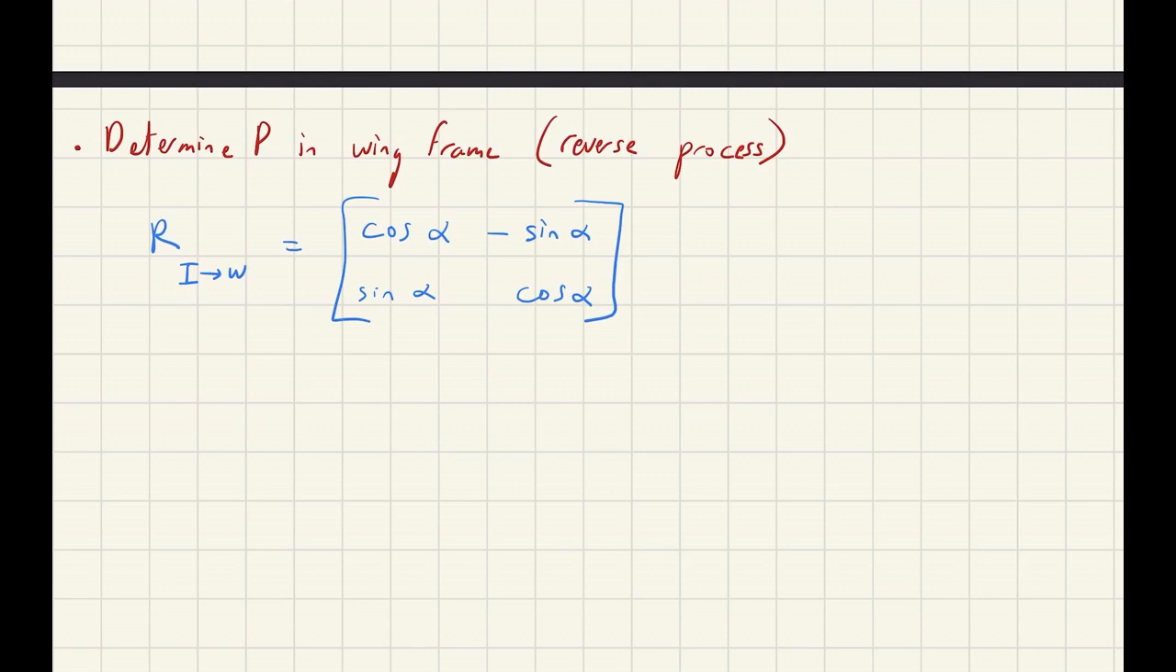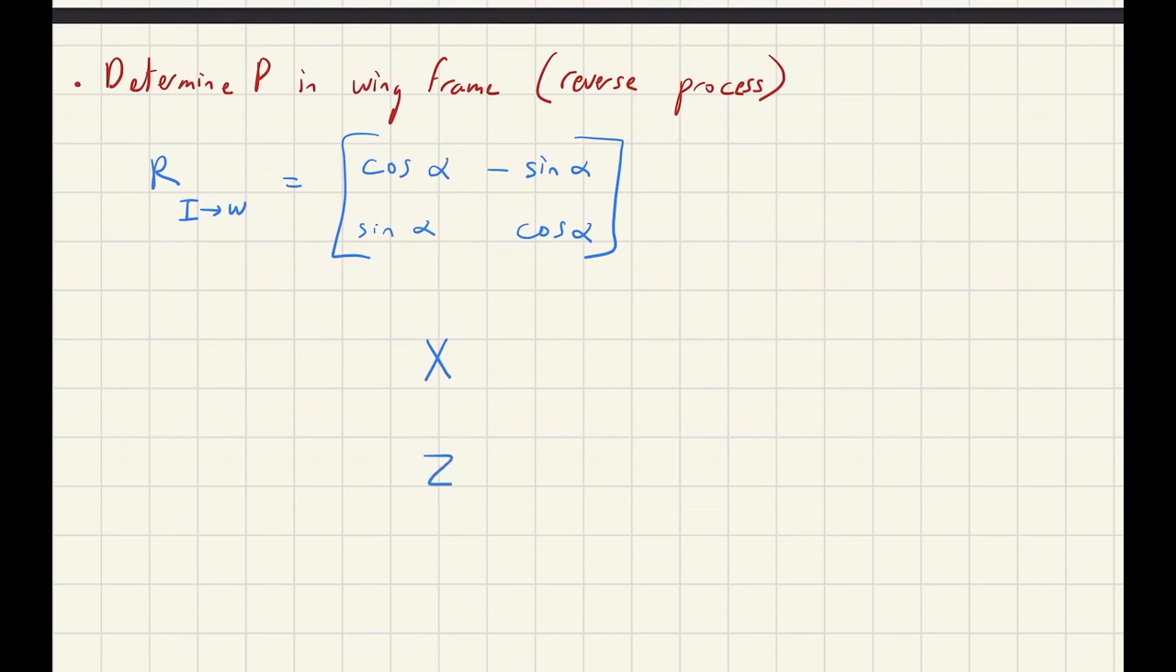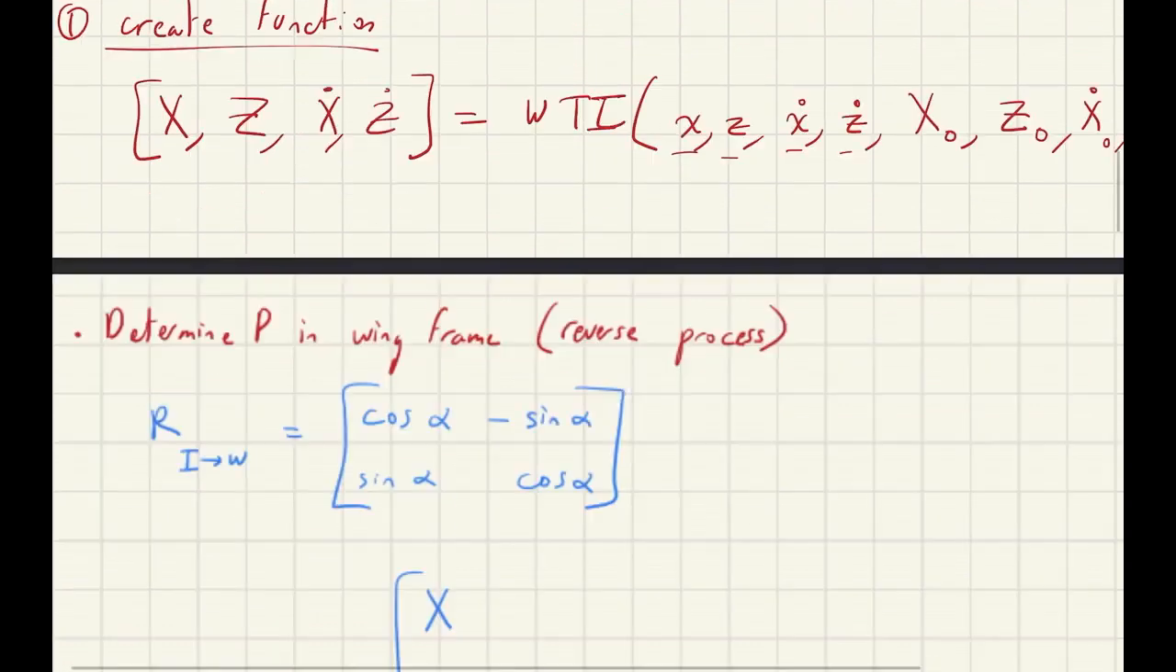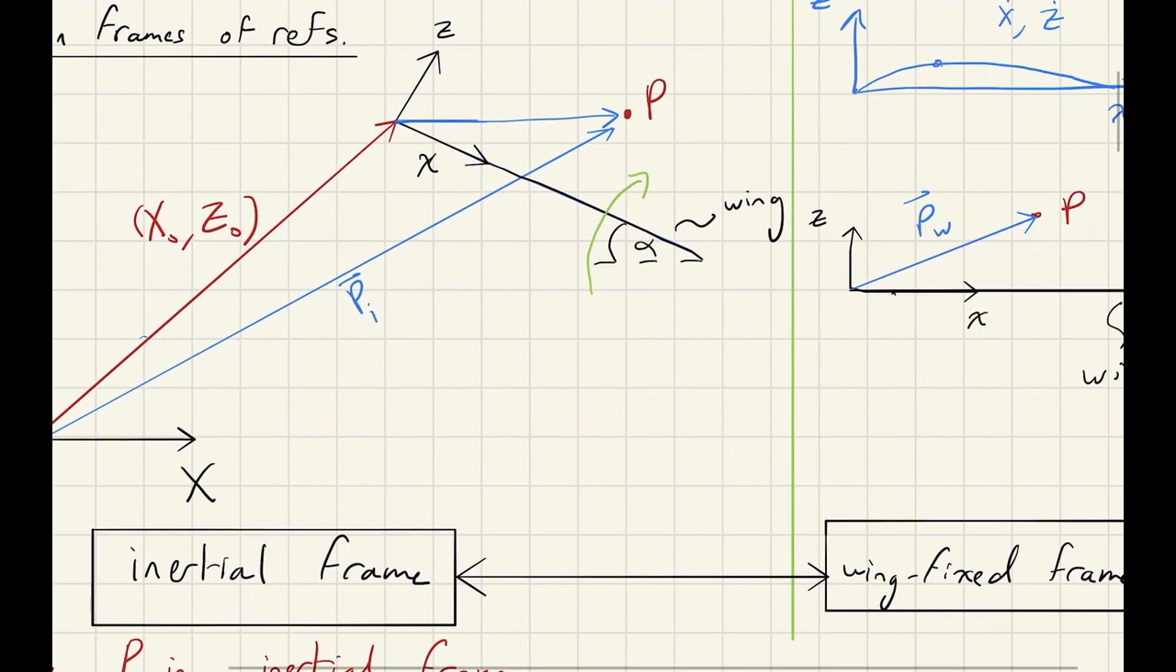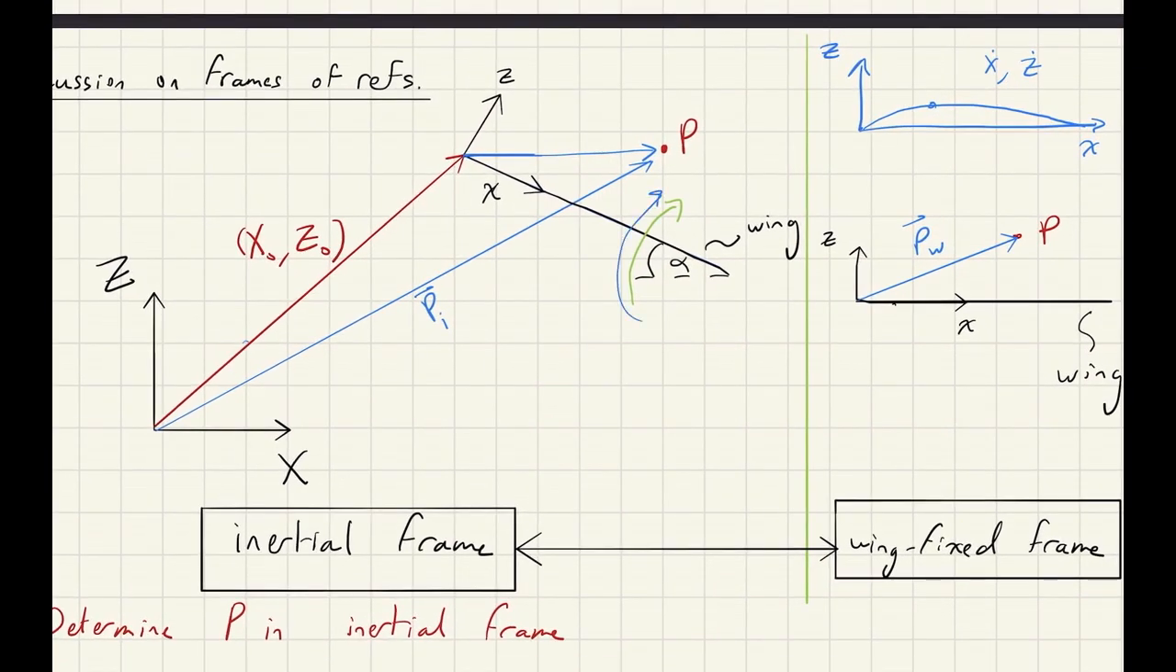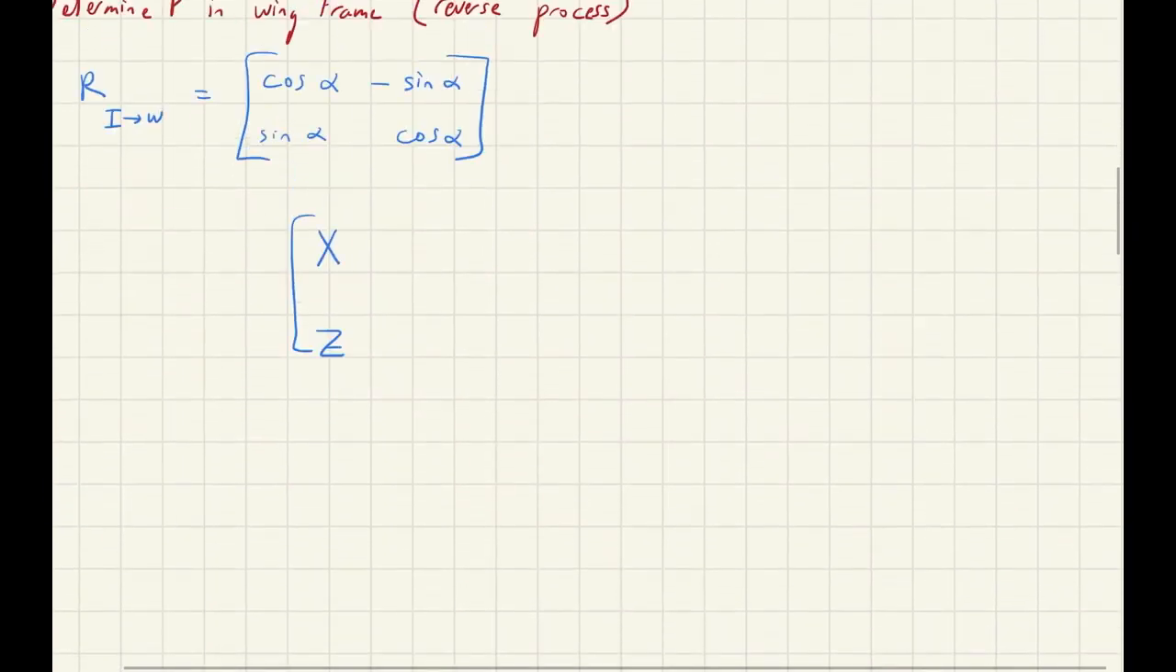Essentially, again, we are going to do the reverse process. So we're going to have this big X, Z vector. First thing, remember, we rotated and then we added this vector to get from the wing fixed frame to the inertial frame. So now we're going to take this vector and subtract the position of the wing fixed frame origin, or the leading edge here, from the origin of the inertial frame,